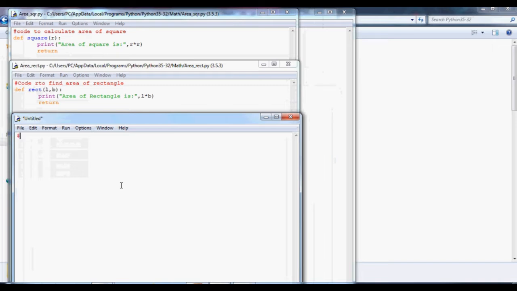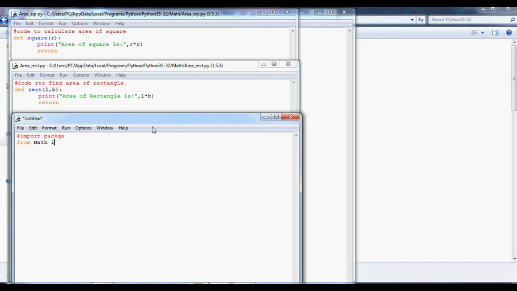Import packages. I'm going to import the packages. Step 1, from math. Python is case sensitive, so you just see to it that you are typing in the correct case.